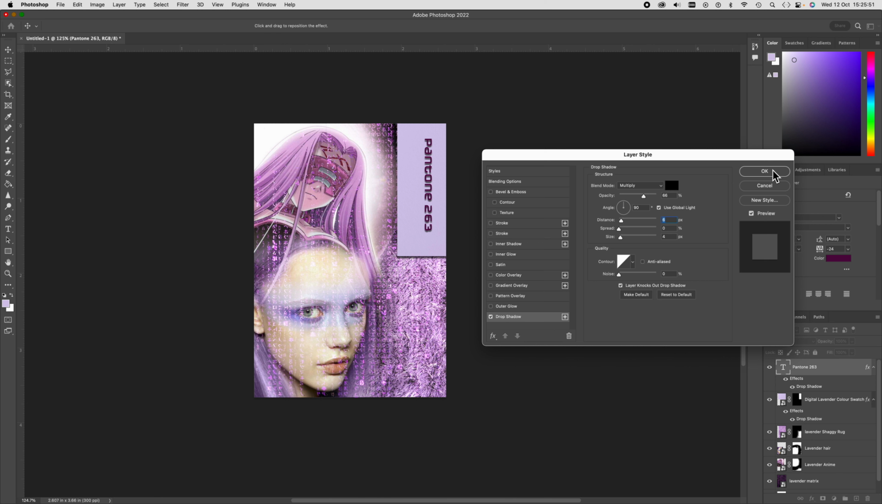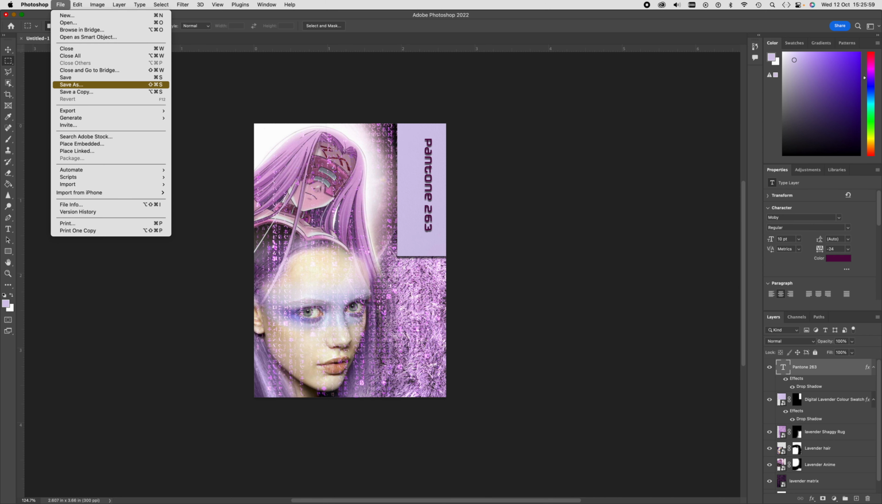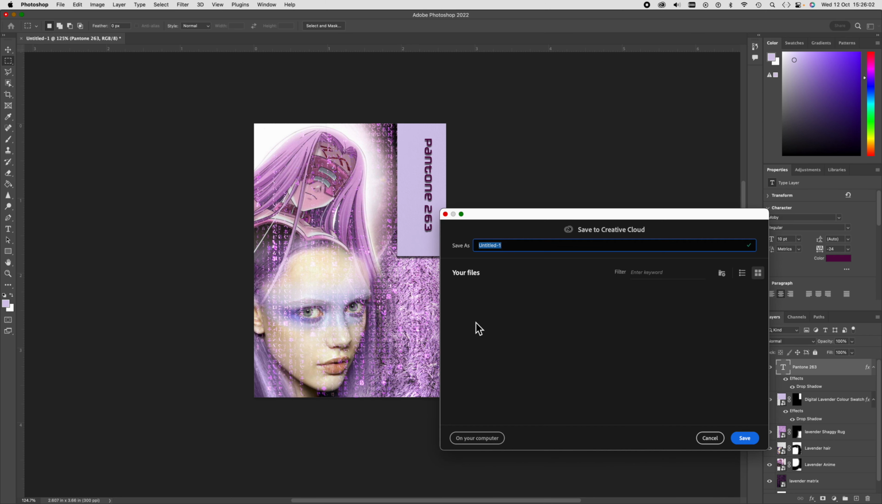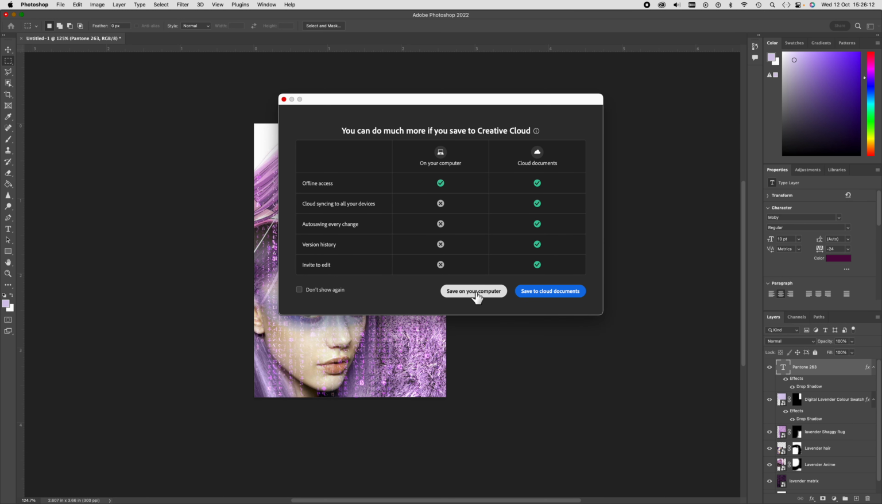You can add more stuff if you want to, but that's going to do for my image. I'm just going to choose save, and I'm going to save this on my computer. You can also save on the cloud. So here you can see it says save to Creative Cloud. I'm going to save on my computer,